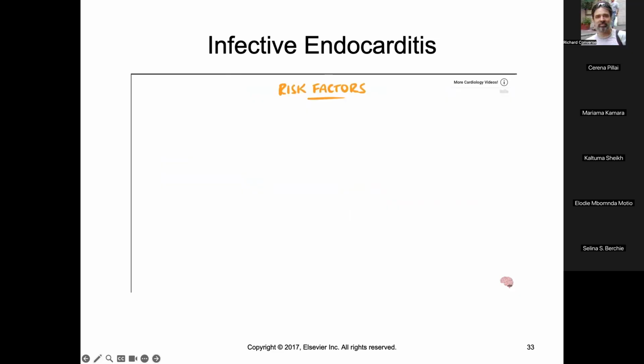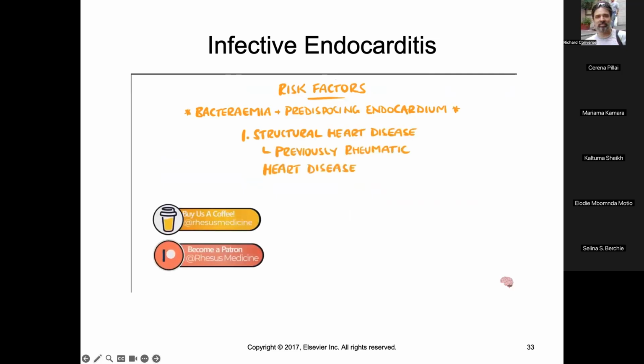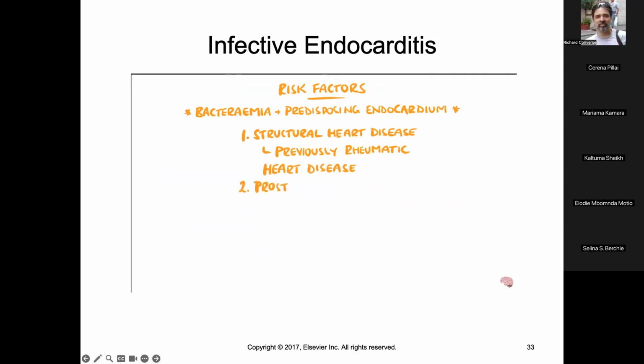We've said that bacteremia and a predisposing endocardial insult are typically needed for infective endocarditis. Specifically, structural heart disease is the largest risk factor, which used to be commonly from rheumatic heart disease. However, in the developing world, it remains the most common predisposing factor. Prosthetic valves and cardiac devices like defibrillators and pacemakers are significant risk factors present in around 1 in 4 cases